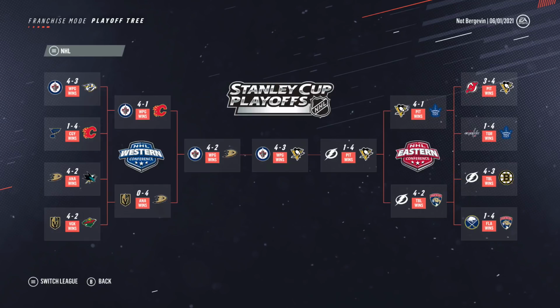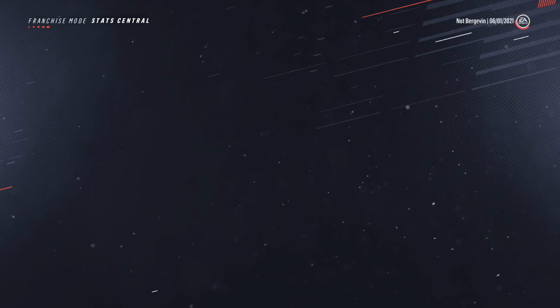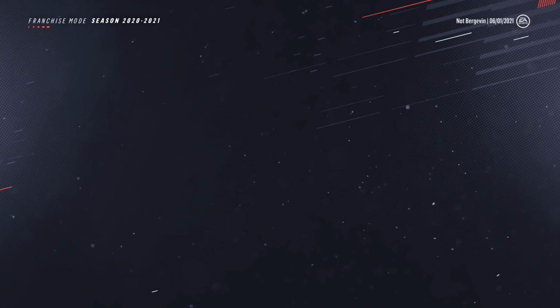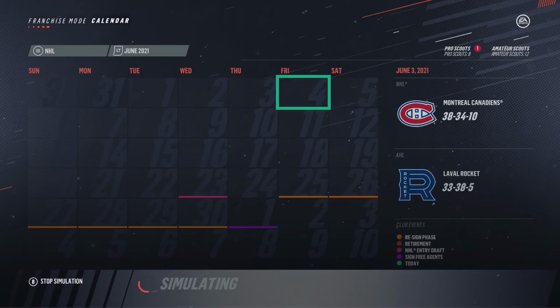And you guys can see here the playoff tree. The Winnipeg Jets beat the Penguins in the Stanley Cup Finals in 7 games. So that's that. We still don't know our positioning in the draft, unfortunately. I thought we were going to find out before the playoffs ended, but let's just simulate all the way up to the day before the draft, and then we will also see